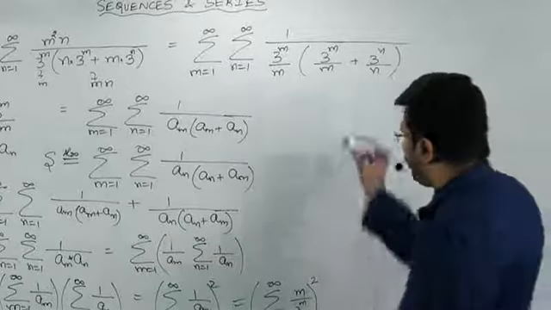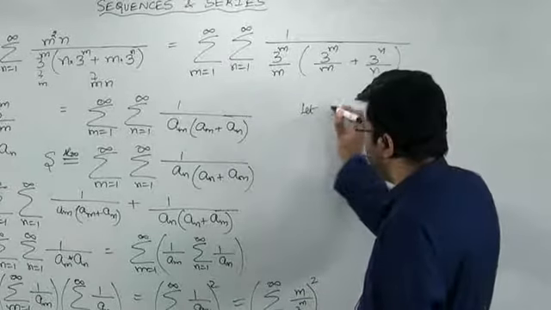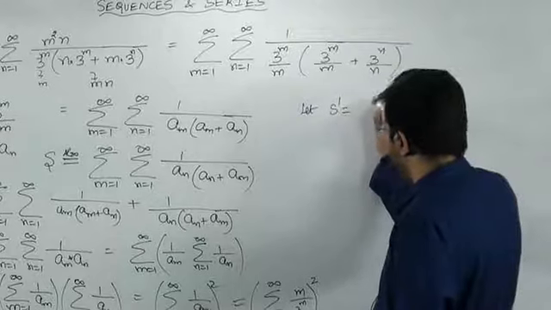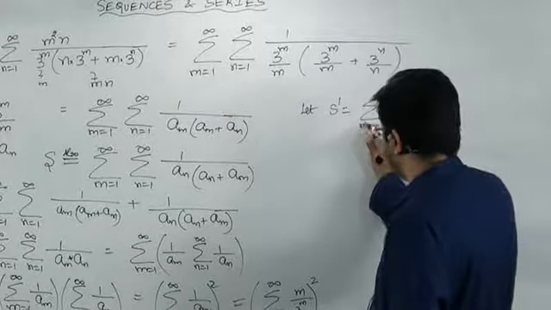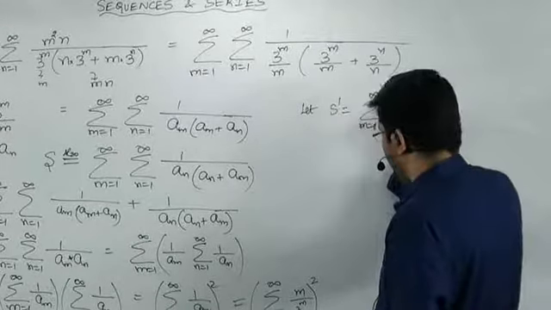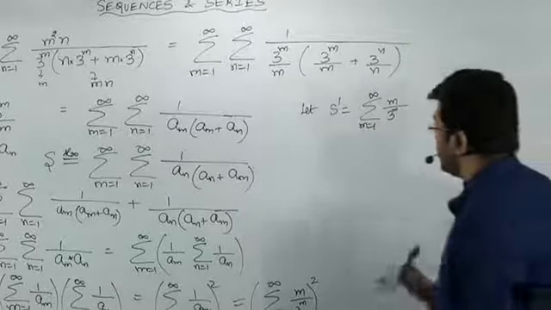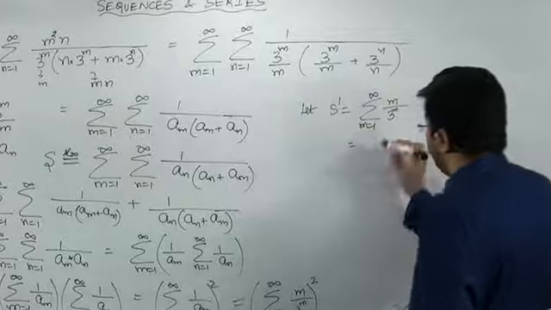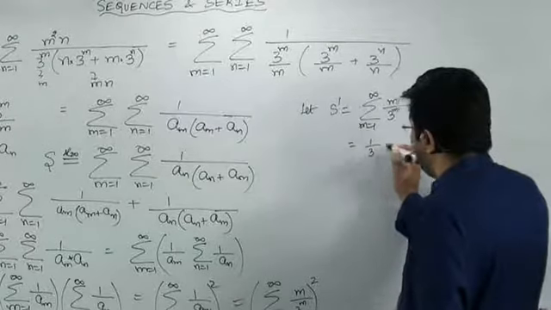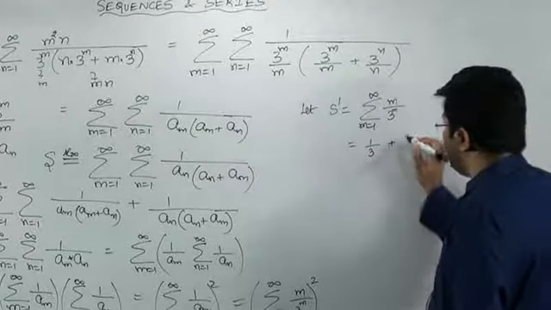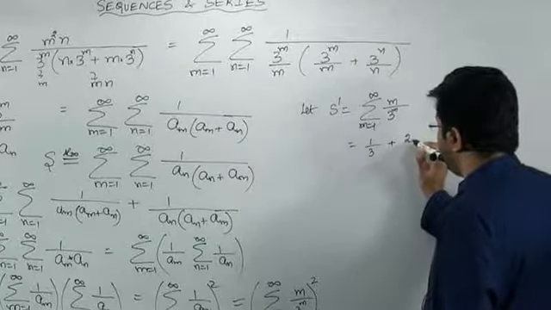Okay, let us define S dash to be this alone. Now it will be 1 by 3 plus, write it as 3 squared,